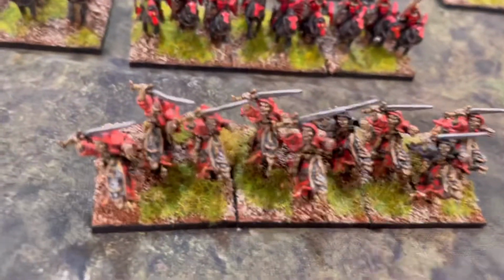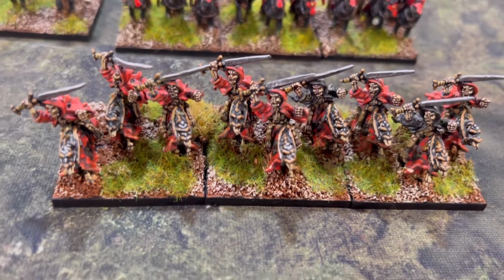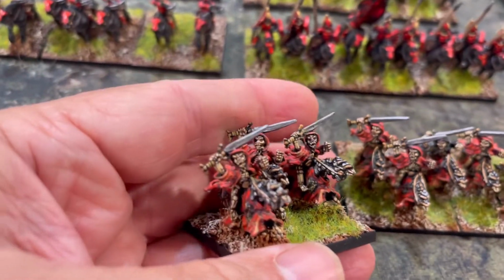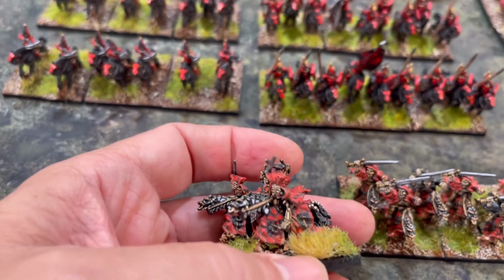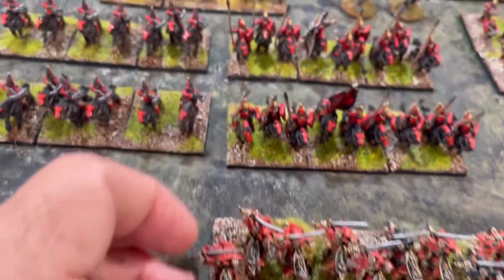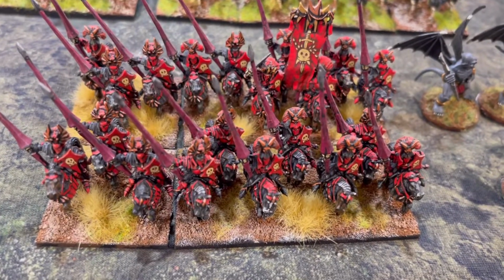All right, well, so we'll go around to the cavalry. These figures here, these are really older ones, but I think the sculpting looks fantastic. They painted up difficult, but I think that they turned out really well. They're just knights, with their heraldry and skeletons. I just think they look really cool. I like them. These are from Demon World, and I think these are some of the best figures on the marketplace. These are Blood Knights,